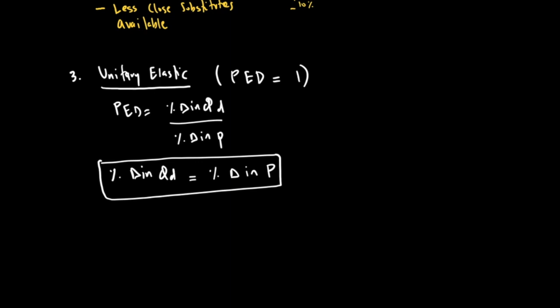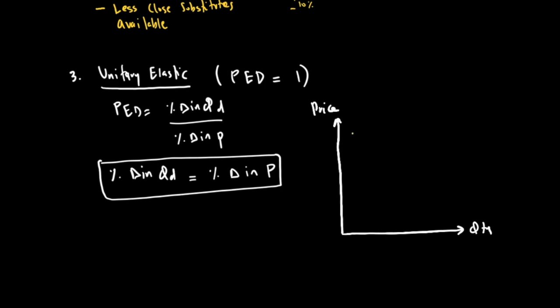So what kind of good has a PED equal to 1? Well, I do not know, because any good can have that response, but if a good always has a PED equal to 1, then we say the curve for such a good will not be linear, because if you are always going to have an equal and opposite change to a change in price, then